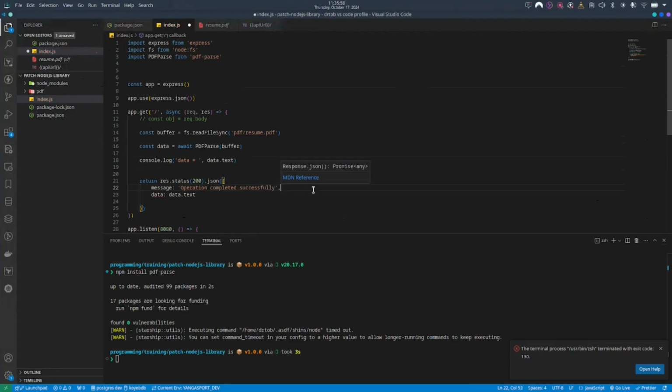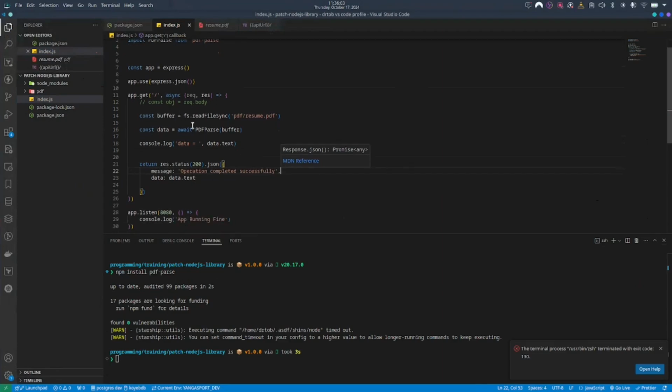So that's it. We have imported the library and we have done our processing. What we want in essence is to read this file, the PDF file resume.pdf, then extract the text in it and return the text. So that's basically what we want to do. Now if we try to run our application again,